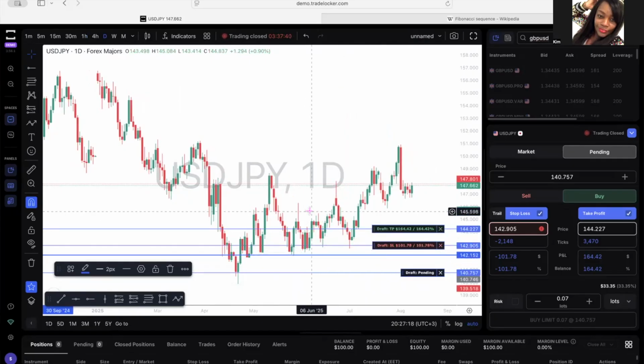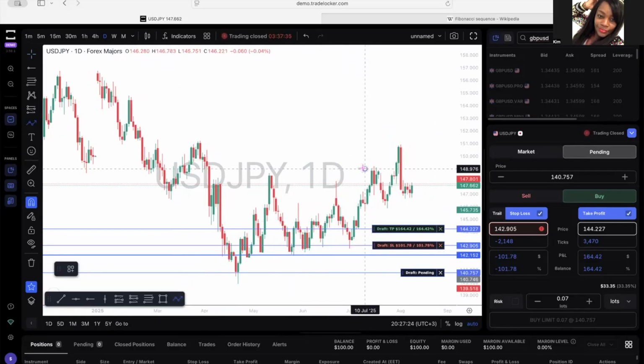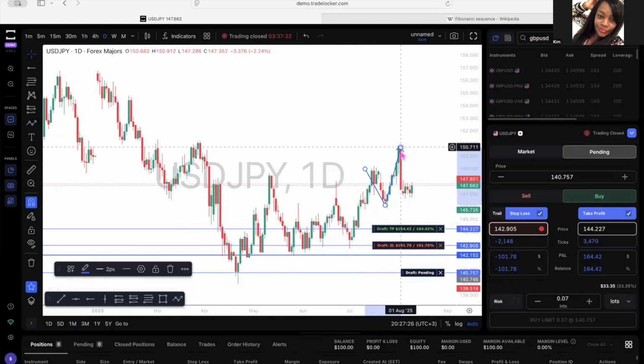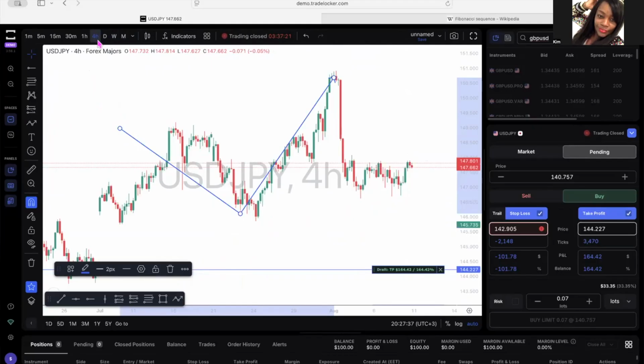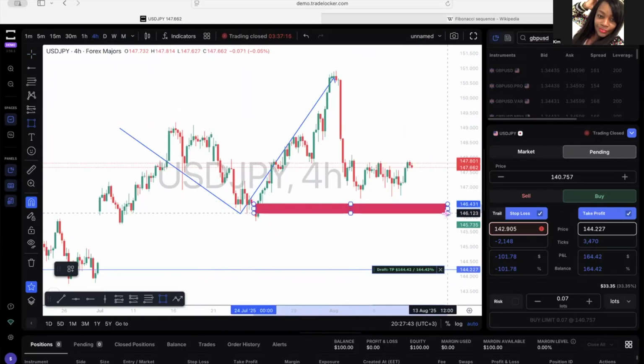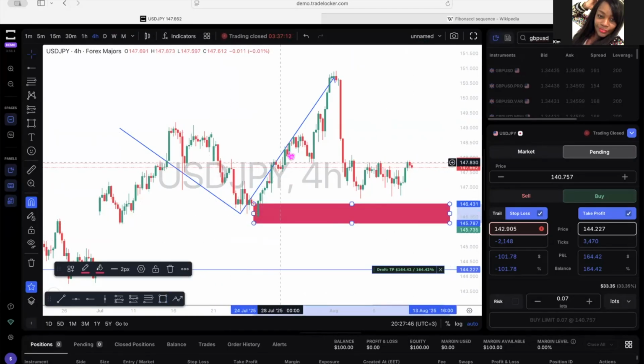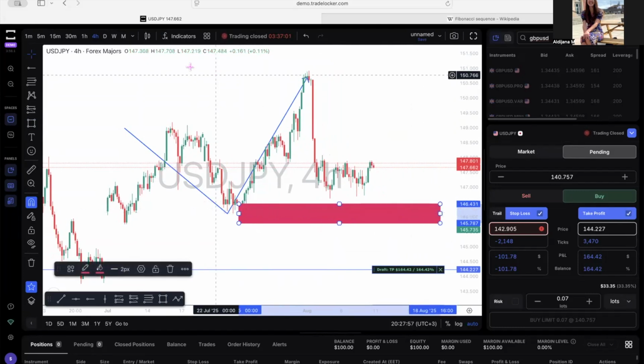As of right now, this is structure. This is the last daily structure. Price is in this zone, but there was an impulse move to the downside. So I would go down in time frame based on this daily structure on the 4 hour. This is my last down candle before this move up. So you can wait for price to get here and go down to the 1 hour,